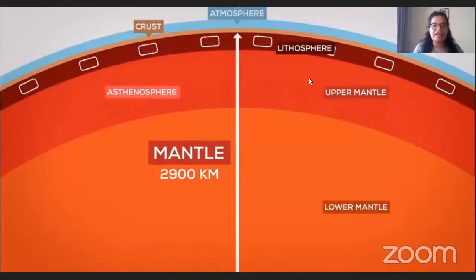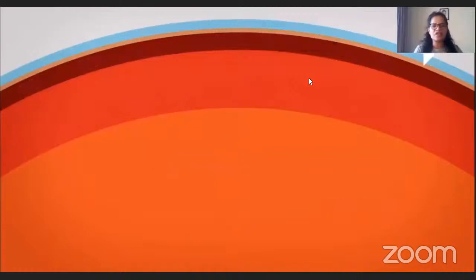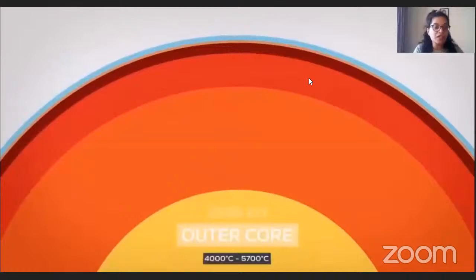Let's come to the lower mantle. Now, lower mantle is just normal, but the lower mantle reaches down to the outer core of the earth. Now again we have two types of cores, the outer core and the inner core. So the outer core consists of liquid layer of iron and nickel, which is about